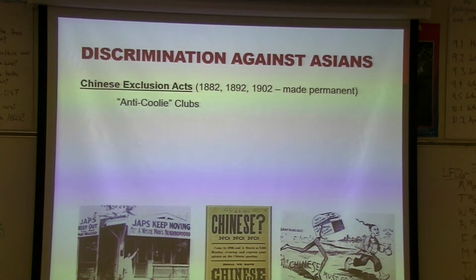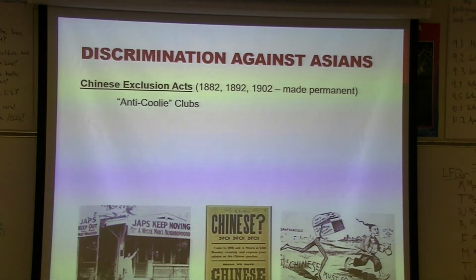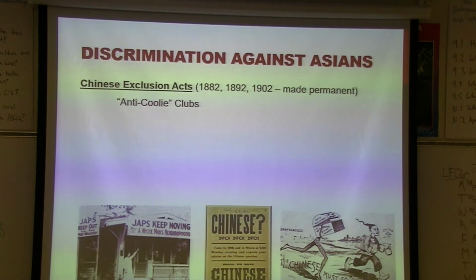Later on we're going to have the immigration restriction leagues that are against all immigrants, but they will purposely be really against Asians. We will actually have a law in 1882 that will outlaw any more immigration coming from China for the next 10 years. When that 10 years was up, we had it again in 1892. When that 10 years was up, we made another in 1902. We then make it permanent, although the permanent will end in the 1940s